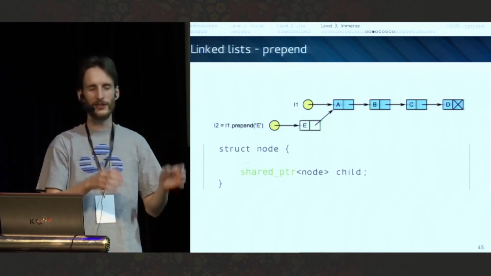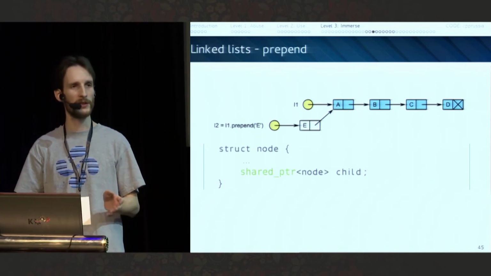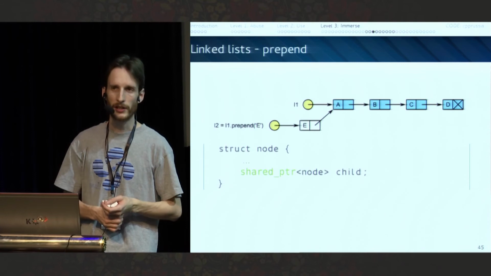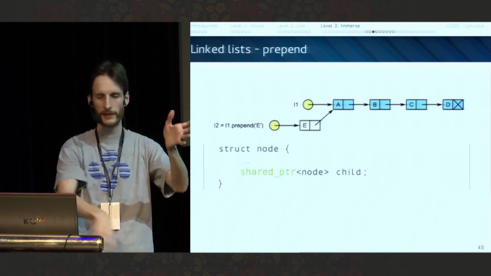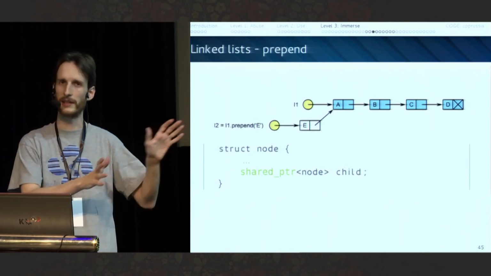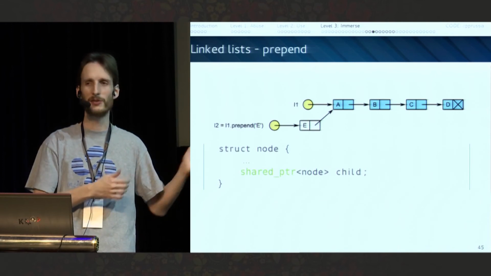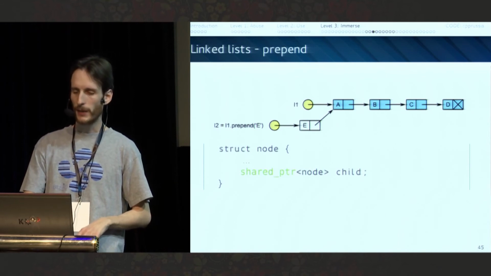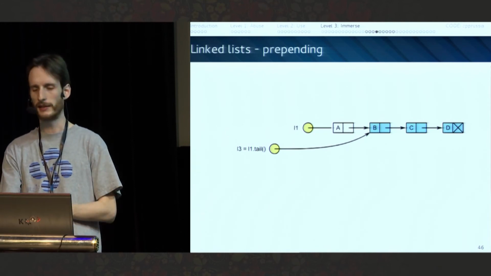But you mentioned that problem already. What is the other problem of using unique pointers or shared pointers in the list implementation? Yeah? Essentially, if it's a really long list, on destruction you're just going to call the destructor, which will call the destructor, and you will overflow your stack. So this will never be a proper implementation for a linked list. But we don't care because we don't want to use the linked list, just to explain the concepts of data sharing.